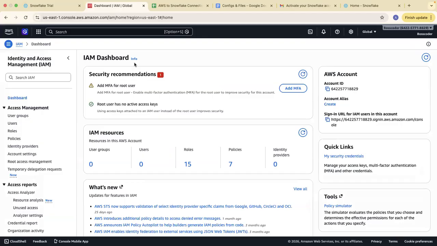Now, IAM is a kind of person in AWS that says any person who wants to open or access this account needs to be a registered person and needs to follow the guidelines before accessing anything in my AWS. So IAM is basically identity access management.